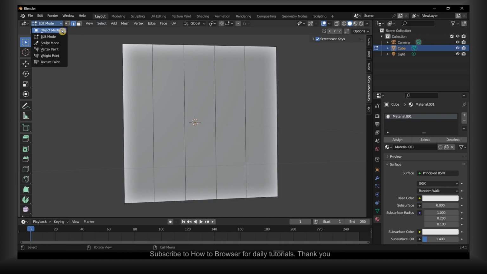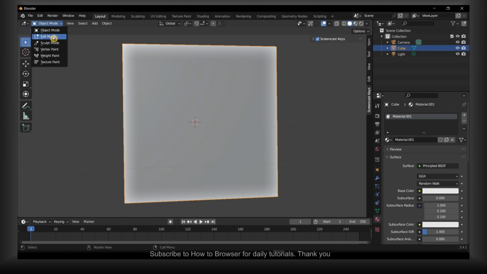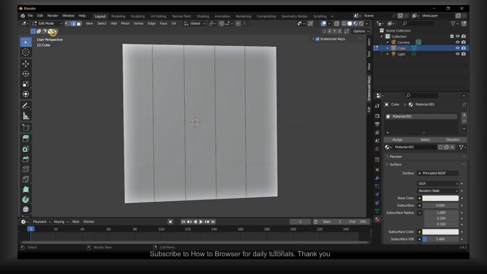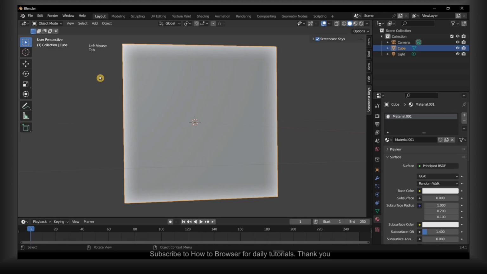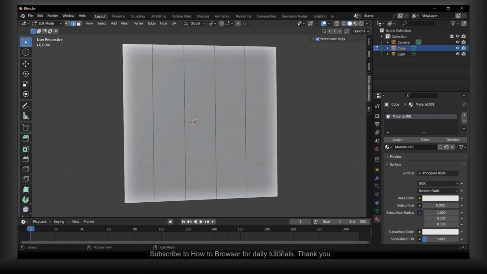So if you are in object mode, please go here and select Edit Mode, or just press Tab on your keyboard. That's another way, a shortcut or hotkey. Now select here Edge Select, or press 2. Press 3 to select face, and 1 to select vertex. So let's press 2 and now hold Shift, and we don't even have to hold Shift actually, just press this